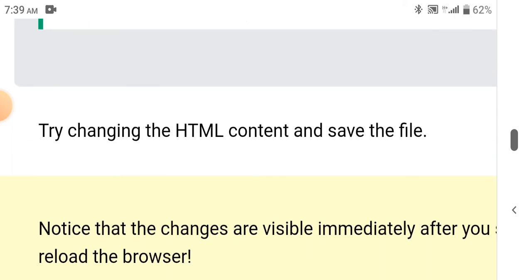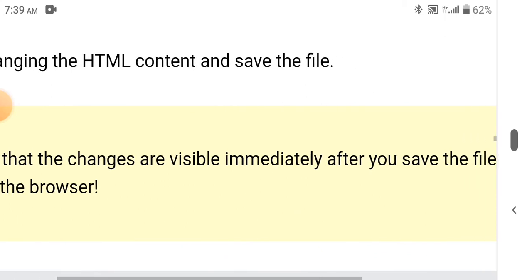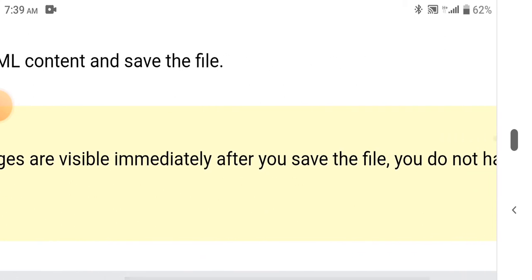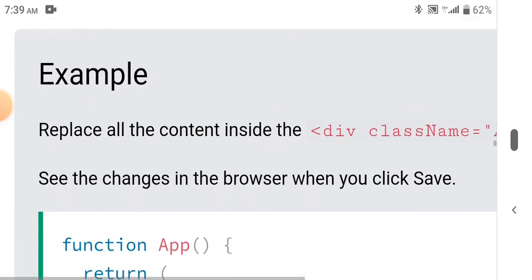Try changing the HTML content and save the file. Notice that the changes are visible immediately after you save the file. You do not have to reload the browser. Example: